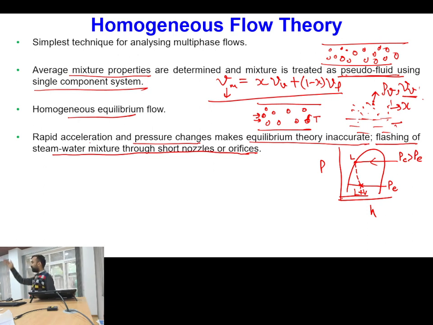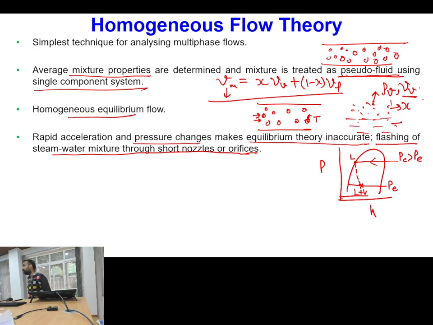Throttling is a process of decreasing the pressure. Okay. So in a throttle, you can decrease the pressure of a gas also, pure gas also. You can decrease the pressure of a liquid also. But if during the throttling process, liquid is converting into vapor, then only you will be calling it as a